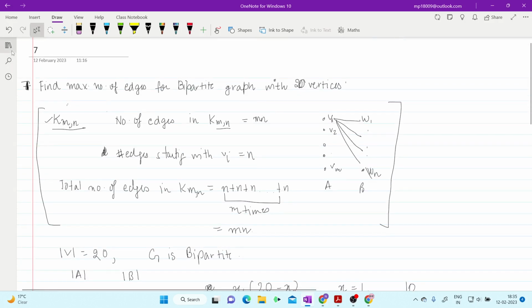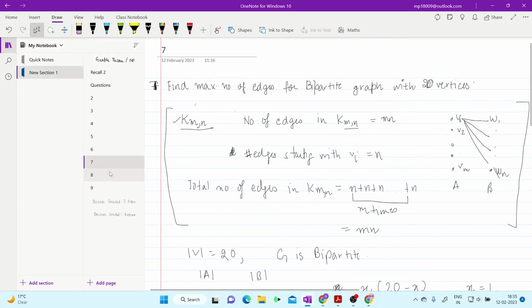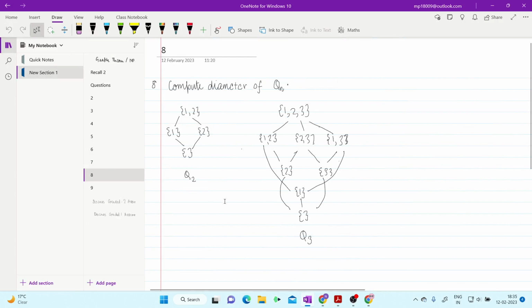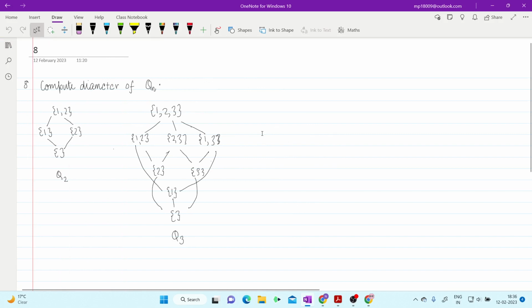Now next question. So the next question is, we have to compute the diameter of Qn. So first of all, what is this graph Qn? There are various ways to understand this graph Qn. One of the ways that I like is this. You can consider Qn to be a graph